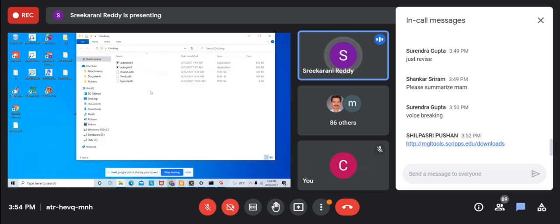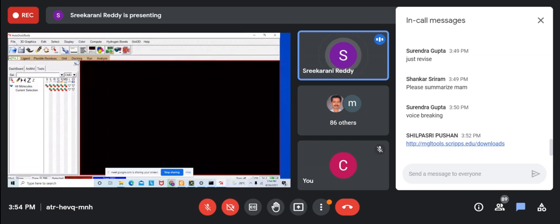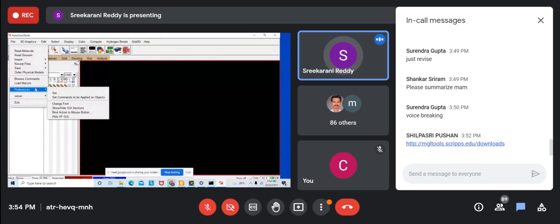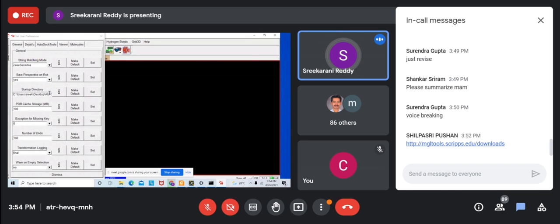So here, whatever I need: the files, the particular one, chain A fixed, and the ligand. These are the applications which I need for the process of docking. So I am opening that particular one. I will try to set preferences for that, so that the result will always go to that particular directory and it will try to save it there.